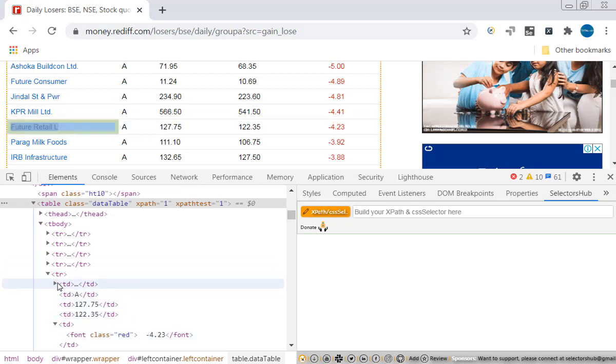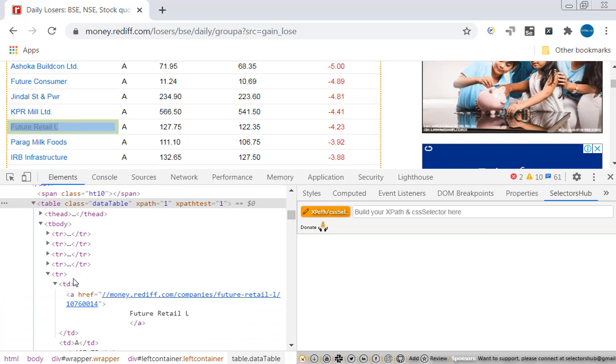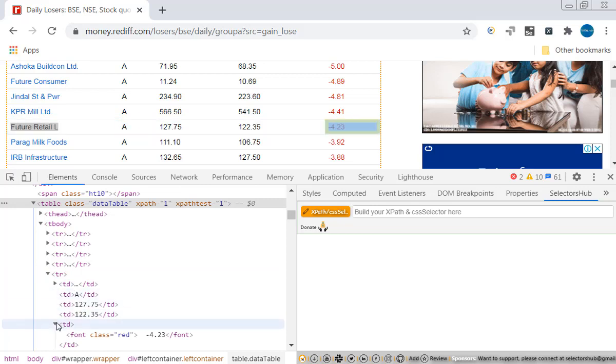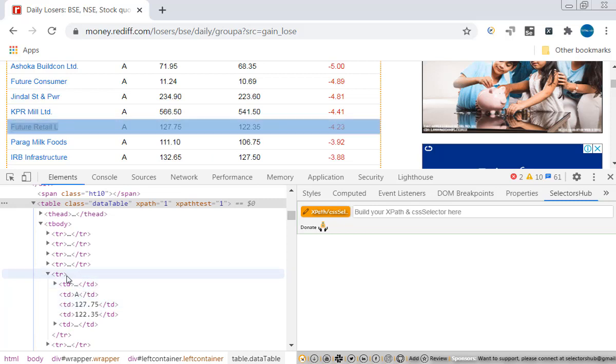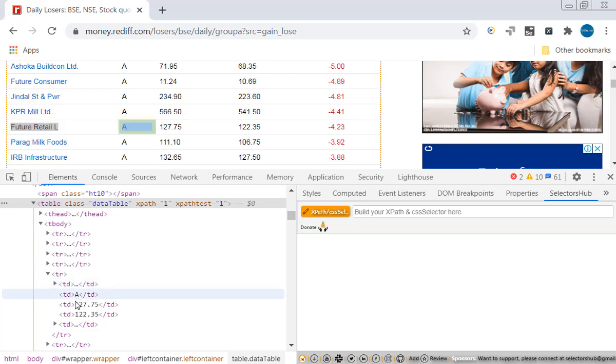If you look, you have a table row, and in the table row, in a table data, this is available. In the table row there is one table data, second, third, fourth, fifth table data. Totally 5 columns are available in a row.